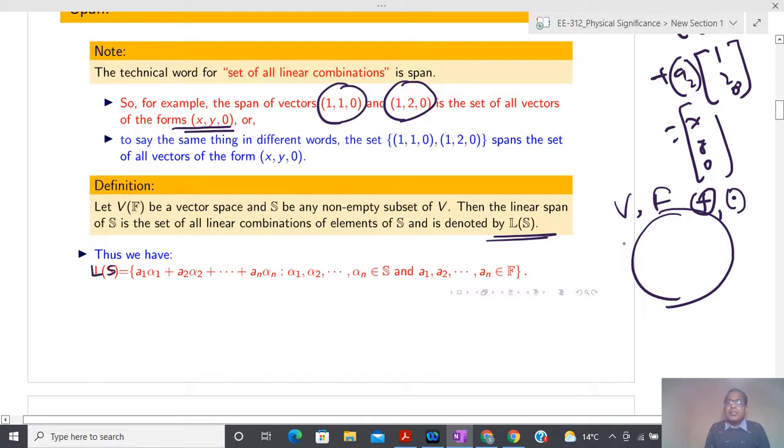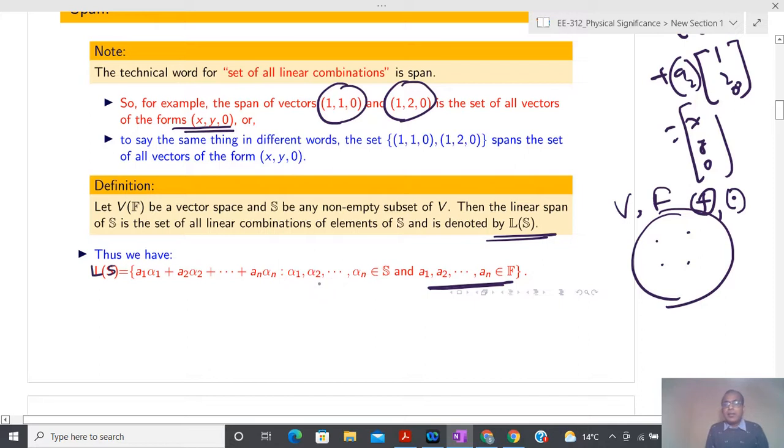After that you can take some non-empty subset of V, means some finite number of vectors you can select, and write the linear combination like this. Since a1, a2 and an are any set of scalars, by changing a1, a2, an you are able to define some kind of space. That linear combination, whatever is produced by these combinations, is nothing but